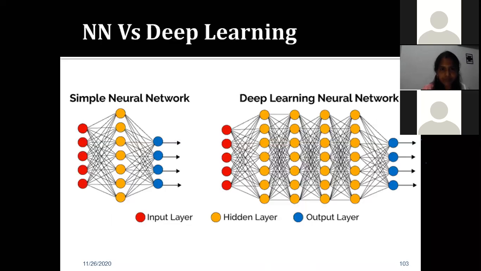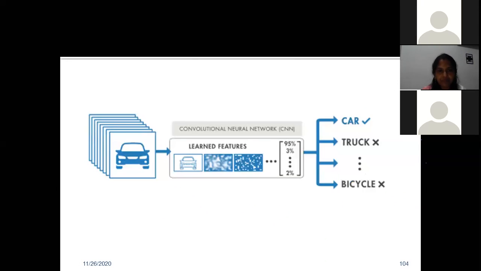So the difference between NN, neural network, and deep learning is given for your reference. We do have one simple neural network which has only one hidden layer. Whereas in deep learning, we will have hundreds to thousands of hidden layers. This is the difference in the architecture of NN and deep learning. One simple example,